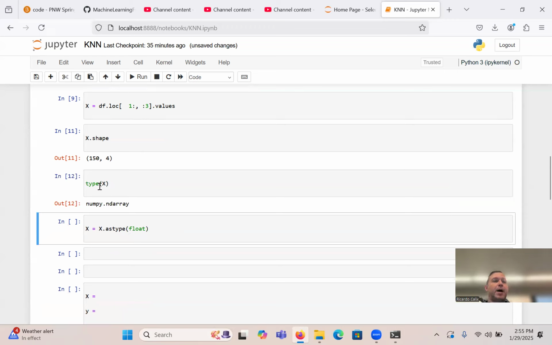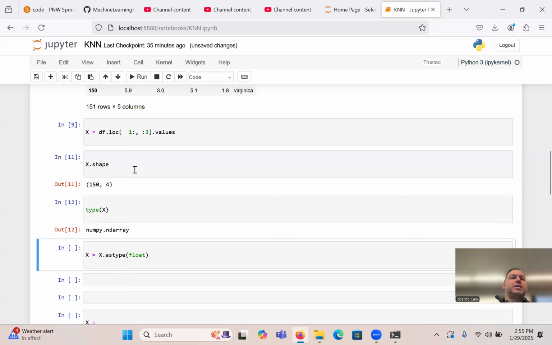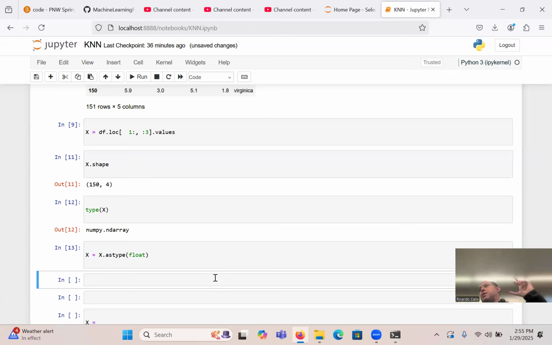All right, now that we've done this, we're going to set the data type. So we know this is a NumPy array, so that's a data structure. But now we can also set, if we want, the data type of the data as float. You can set it as float 32, float 16. This is actually really important because